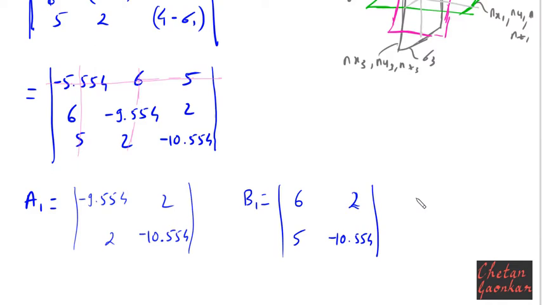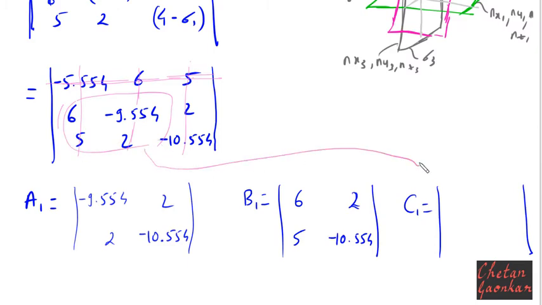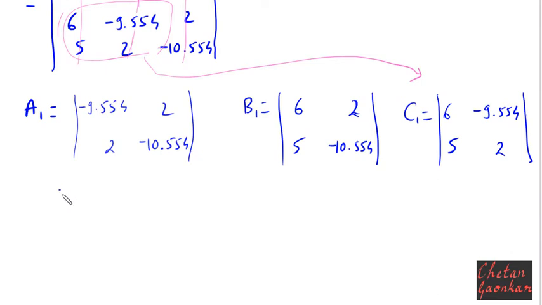Now similarly, to find C1, we will neglect again the first row and then the third column. Whatever is remaining, I will put it here. These values will be 6, 5, minus 9.554, and I have here 2. Once we find all this, then I need to find the determinant of this A1, which will be